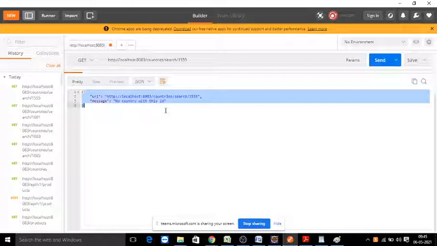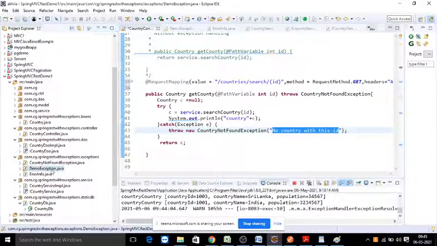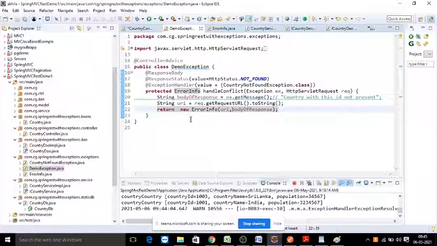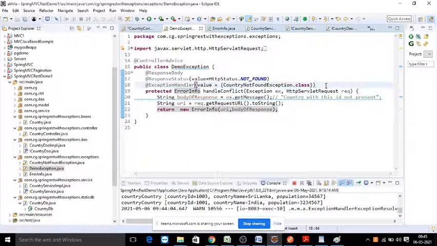Yes, it will not display, it just displays a message. Exactly. So let's say if I go to this page, we will do some changes over here.